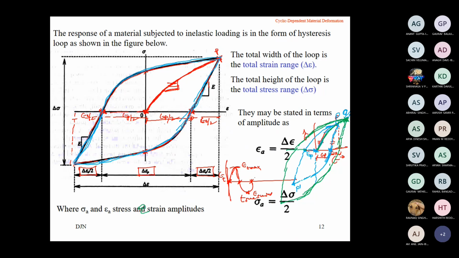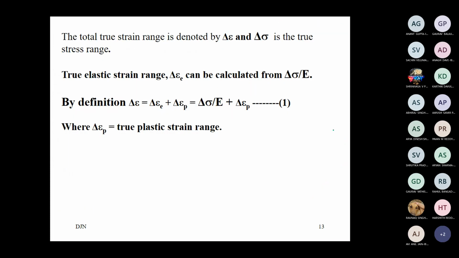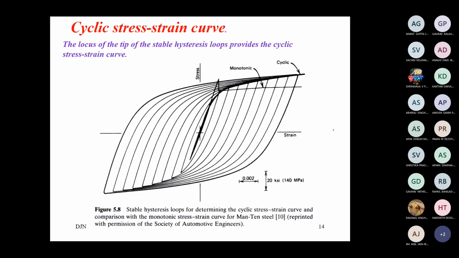Load it till different levels, like Q or different load levels. You have to load it, then release it till you obtain the stable hysteresis loop. Stable hysteresis loop, that is what is shown maybe later here. Okay. So this is the initial origin O. First cycle, you can load it till a particular value, then release it from there. You have the first hysteresis loop.